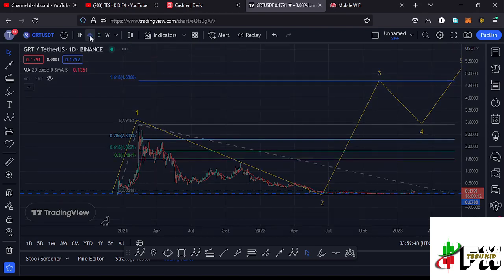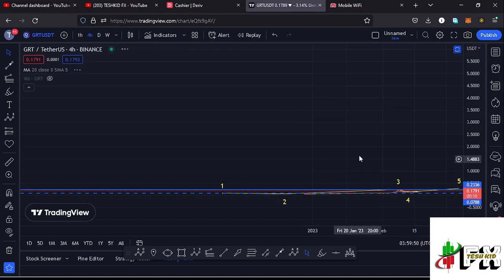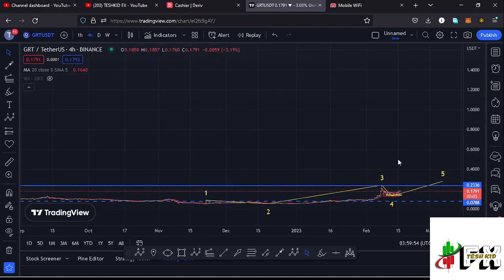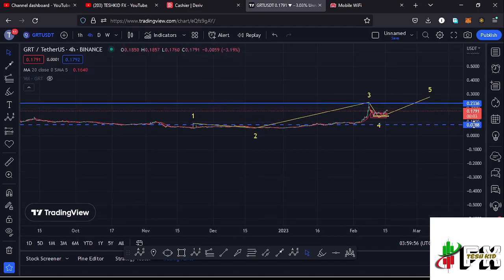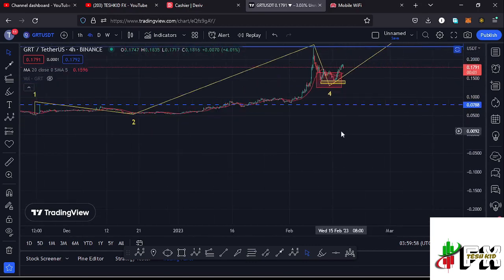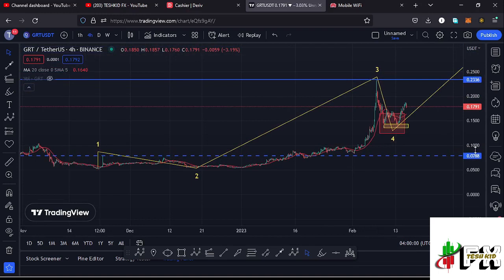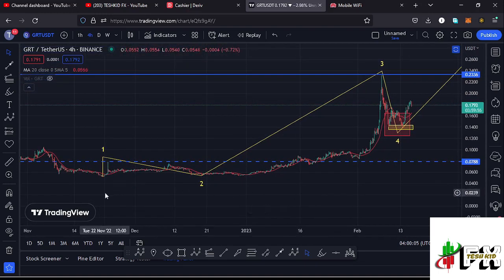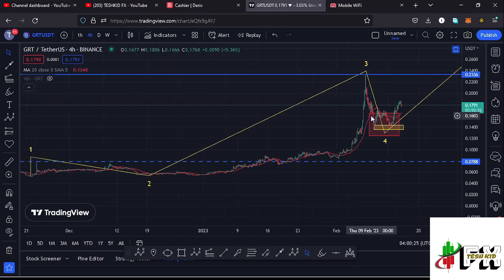And jumping to the 4-hour chart to give you further technical analysis and also my next price targets here on the GRT chart. Here on the 4-hour chart, we have also continued to hold above the 20-day MA and also continue to obey the Elliott wave structures, where you can see that I have this Elliott wave structure in yellow, having that as the first wave to the upside. Then we saw this corrective structure in the formation of that wave 2. Then we saw this wave 3 giving us a peak at around the $0.2336 mark,